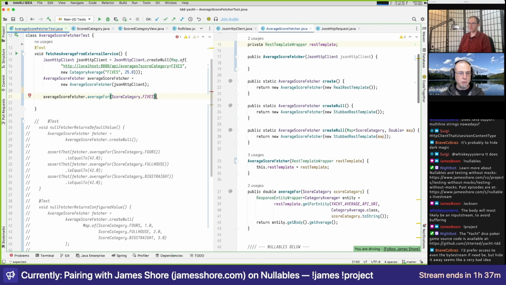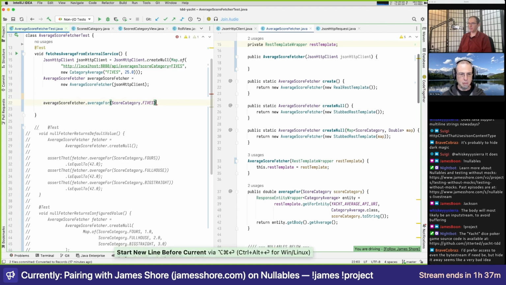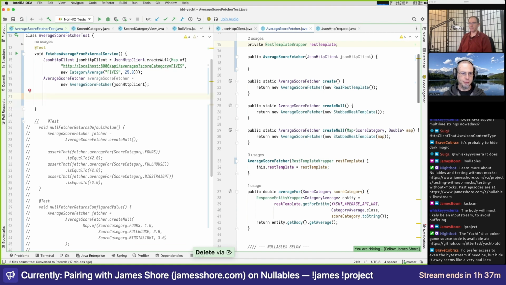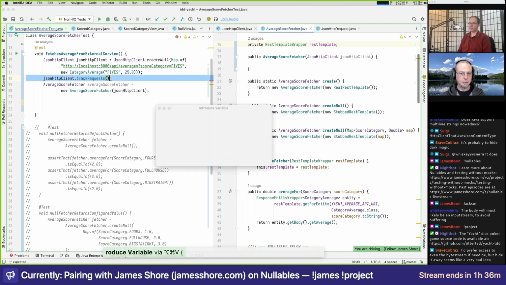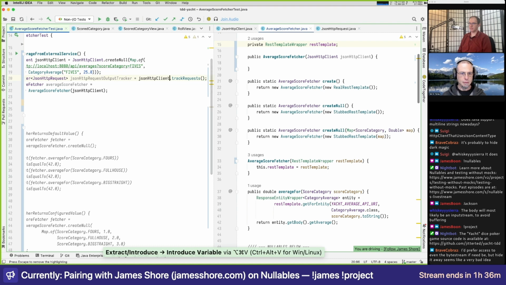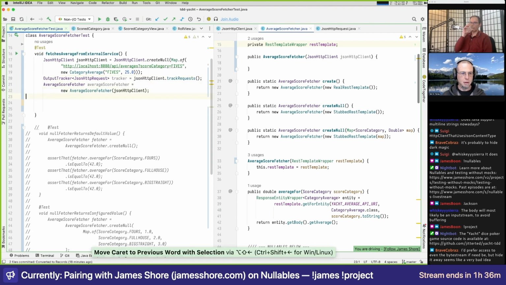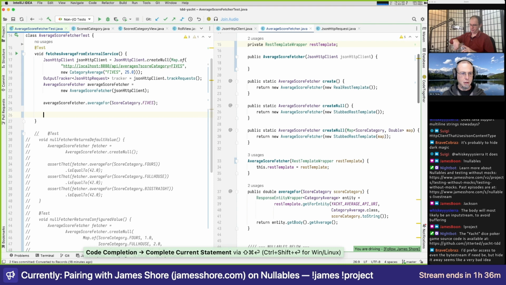So given that when we do the average score, we also need the tracker. That's what I forgot. So let me put that in. Oops. And sometimes I actually split this into two tests. One that says that we're calling the correct endpoint, and the other one saying that we do the translation correctly. Tracker. So when we do average score fetcher, average score lives, start that tracker, put